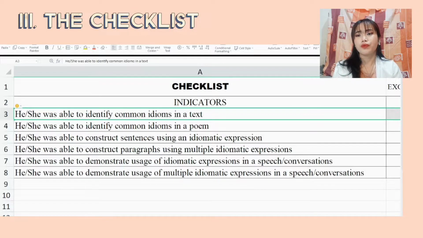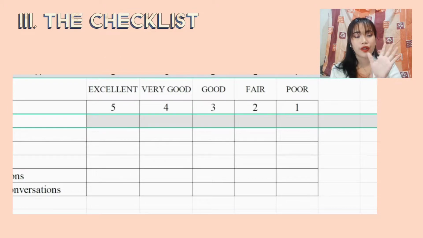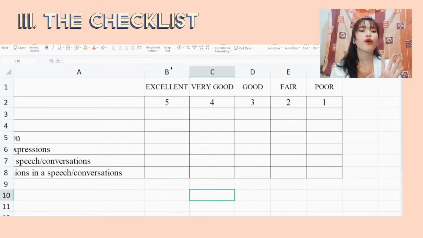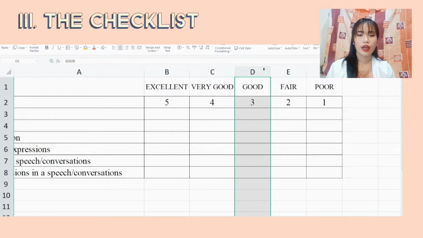Okay, so going back, this checklist contains indicators and criteria for rating. So these criteria for rating are divided into 5. So we have 5, 4, 3, 2, and 1. 5 means excellent, 4 means very good, 3 means good, 2 means fair, and 1 means poor,